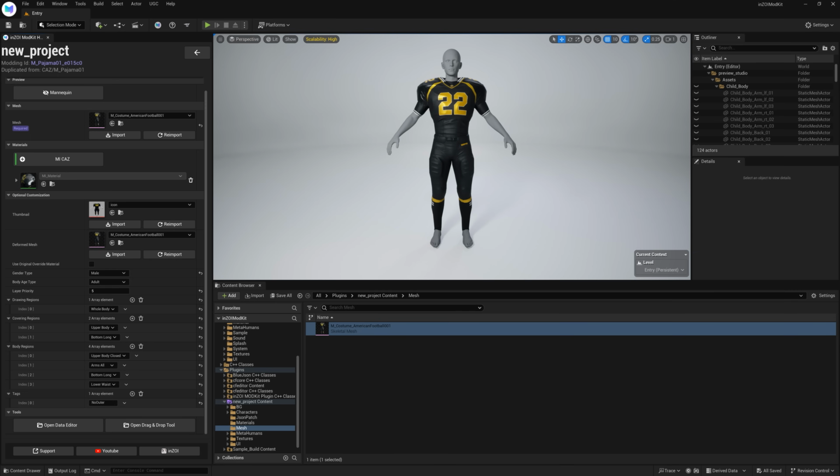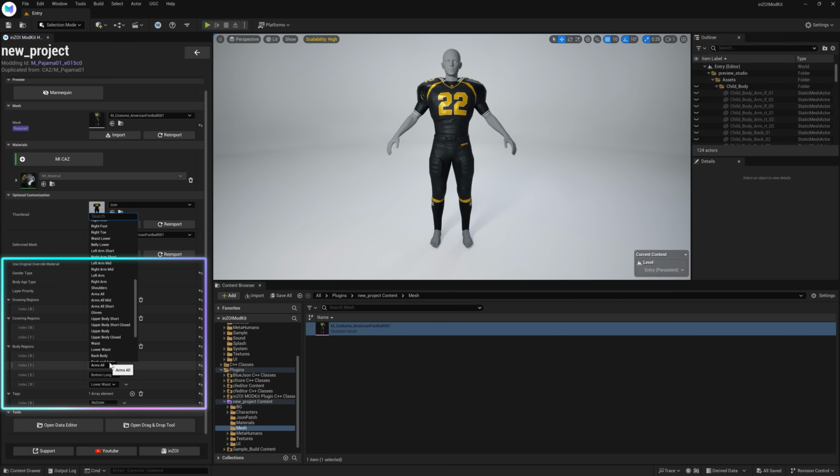Make sure the structure matches that of the base outfit. In this case, we'll keep the original structure as it is. At the bottom, you'll find various regions data fields. These settings control which parts of the body are hidden or masked, and you can refer to the provided guide for detailed explanations. Since we're using a long-sleeve, long-pants pajama as the base, the legs will appear normally, but the arms might be masked out. These settings are hard to preview directly in the tool, so it's best to test them in-game and make adjustments if needed. For this case, let's change the arm mask to arm all short.